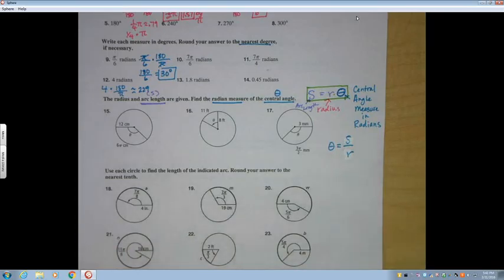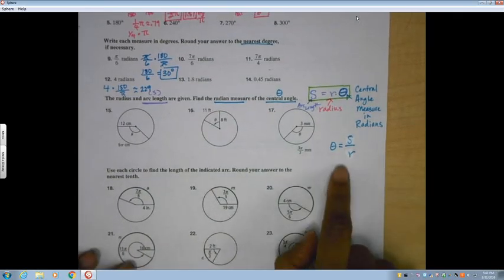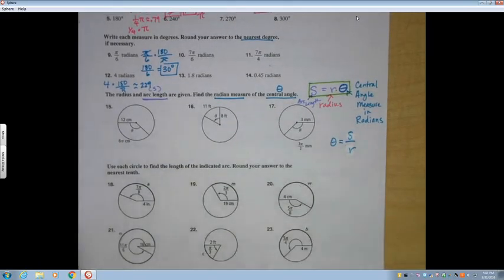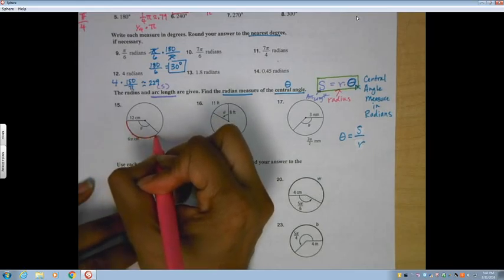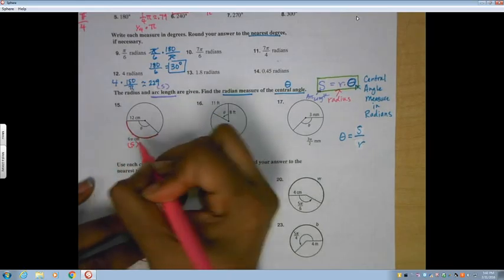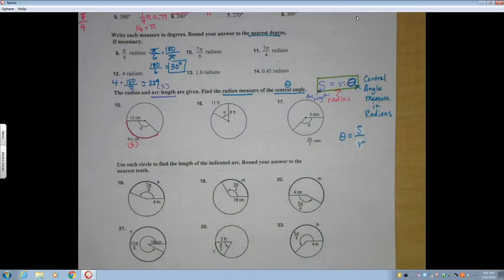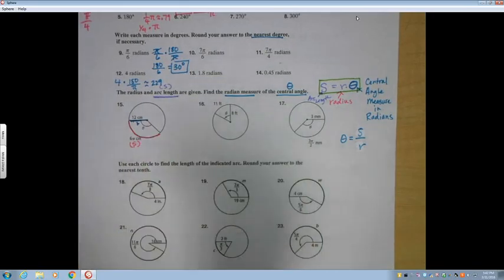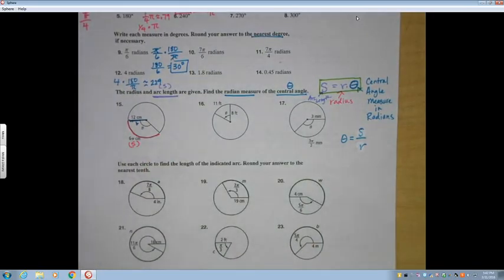Okay, so they want us to find actually the central angle. So we're going to work backwards. So this is the formula we're going to use here. Theta is going to be this arc length divided by R, the radius. So on this example here, on 15, this 6 pi right here is representing the actual arc length. That's your S. And if you look right here, our 12, that's our radius. So all they want us to do to find our theta